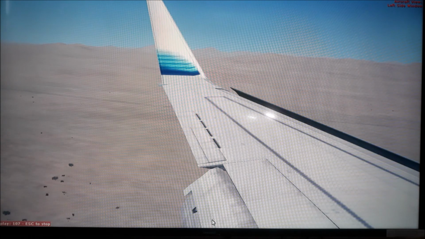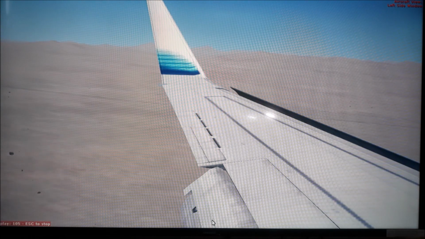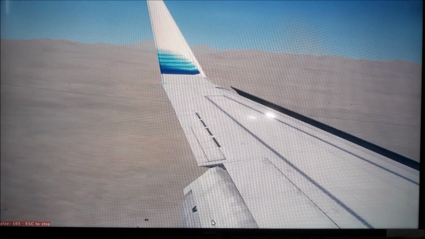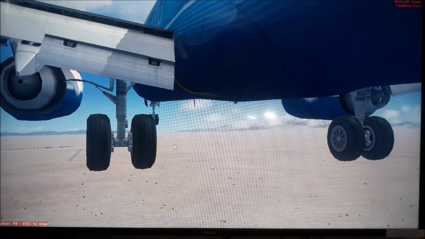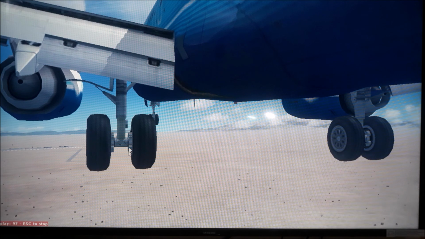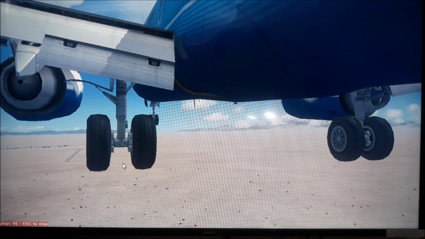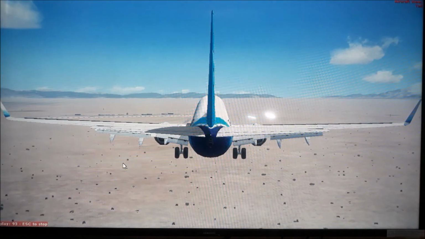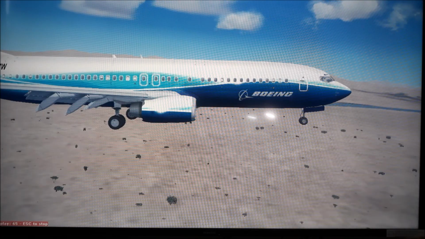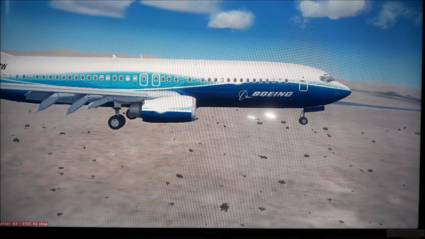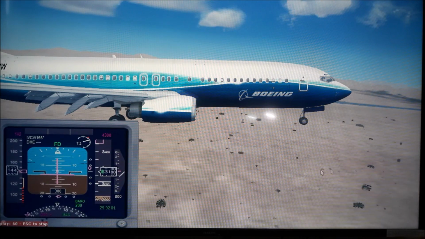the flaps are out, totally out, and landing gear is down. So the flaps are out. Now it is heading to the runway. Runway is in the center. So you can see here